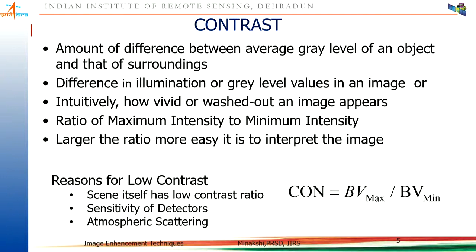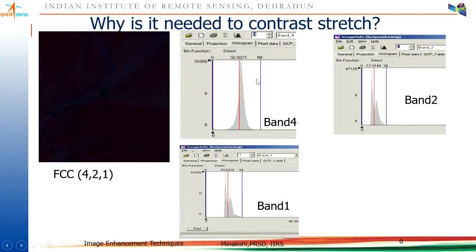Now, okay, so then what to do? We have an image with low contrast. Human nature is to remove the error, to change the contrast of the image by using some operation. Like for example, here is the image. In the previous session, in 2-3 places I have shown you a satellite image, a false color composite image. This is the same composite image, but now nothing is visible, all is black. And this is the histogram of the satellite image. I have used here infrared, green and the blue band.